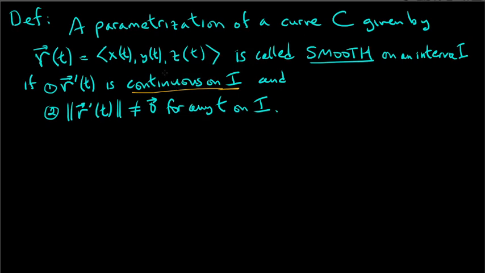You can have a derivative that's not continuous, and that would not be smooth then. So yeah, the derivative has to be continuous. This is a little bit stronger than just saying that r is differentiable. Certainly r has to be differentiable, but on top of that, the derivative also has to be continuous, which is not always the case, right? And the magnitude or the norm of the derivative cannot be 0, cannot be the 0 vector for any